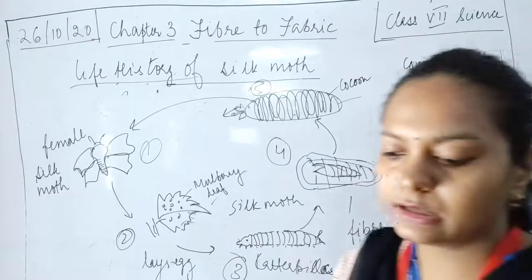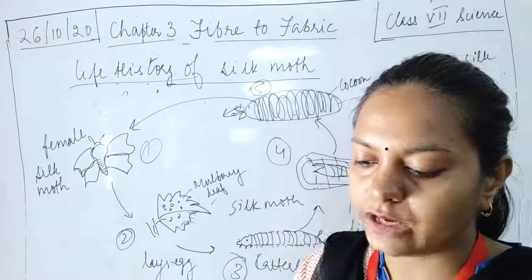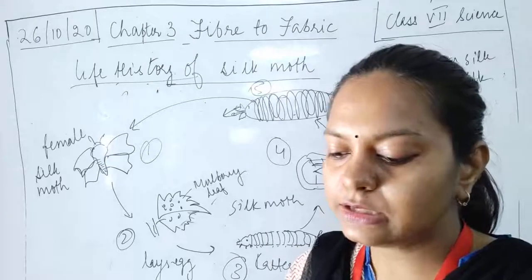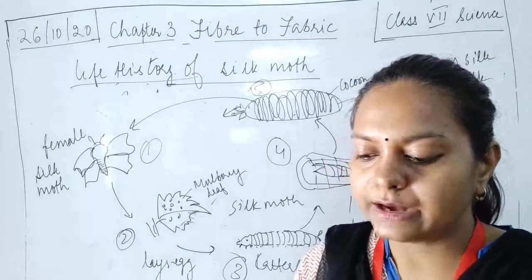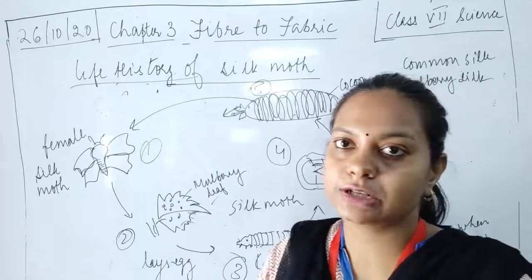This is the mulberry silk. The silk fibers from the cocoon of this moth are soft, lustrous and elastic and can be dyed into beautiful colors. Sericulture is the culture of the silkworm, and it is a very old occupation in India. India produces plenty of silk on the commercial scale.